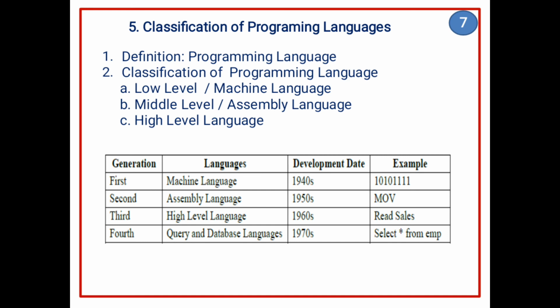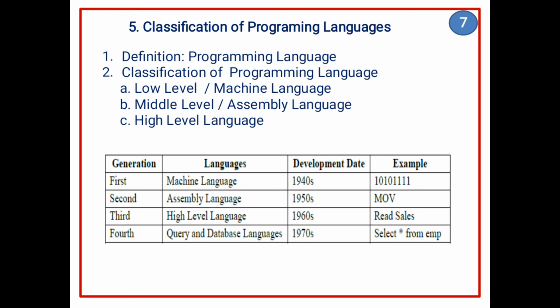High level language is a programming language. Languages like COBOL, common business oriented language, BASIC, Fortran, C, C++, Java, etc. All these programming languages are used to write program instructions. These instructions are converted to low level language by the compiler or interpreter.